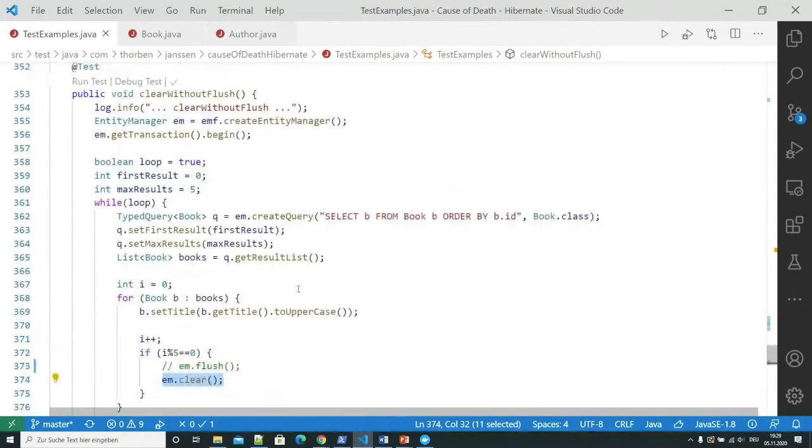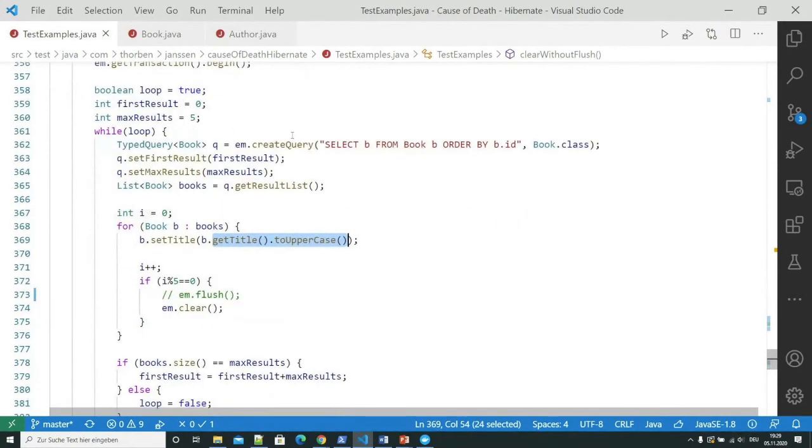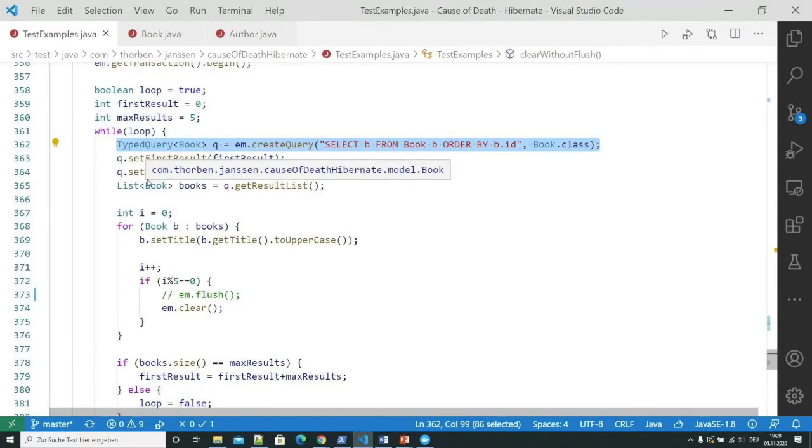So if you're implementing mass operations, so let's say we want to update all the books in our database and set the title to uppercase, then you could use a JPQL update statement, or you could implement it using entity objects. That's what I did here. So I wrote this query that gets all the books, and at some point I recognized, well, actually we have quite a lot of books in our database.